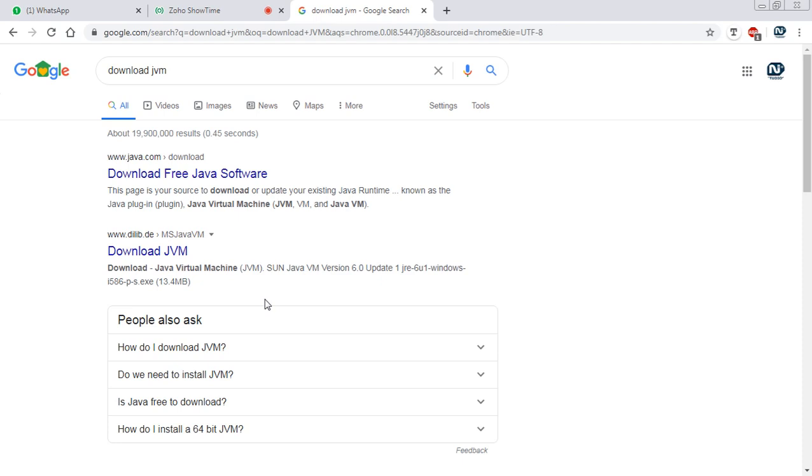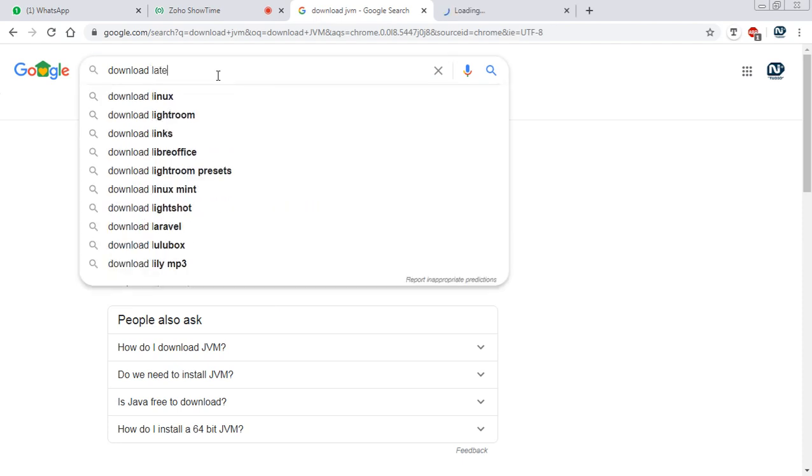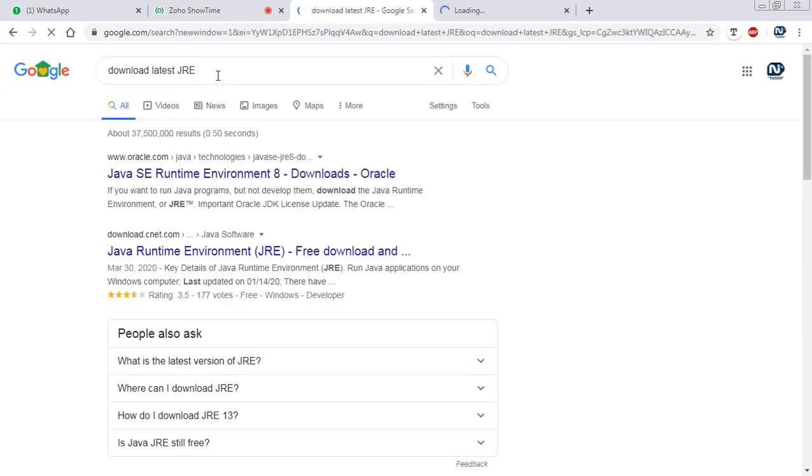So this is one link here, or let us say JRE. Okay, from Oracle it's better to download from Oracle. That is the company now owning Java. Still loading, right? So okay,